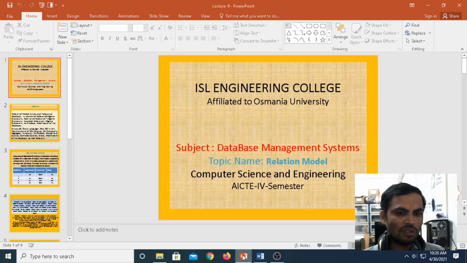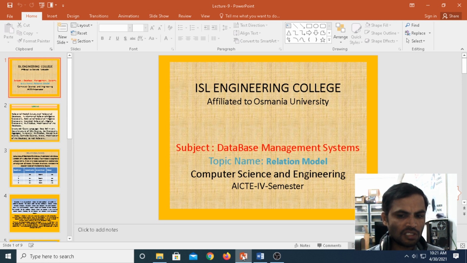Coming to the LAQs, the first question is the difference between the file processing system and database management system. It is very, very important. Next, we have database management system architecture. Then the second question. Coming to the third question, we have the extended ER features. These three questions are very, very important for your internal and university exam. One more question will be there on designing the database. At the time of designing the database, what issues do you face? What problems did you face in designing the database? These four questions are very, very important.